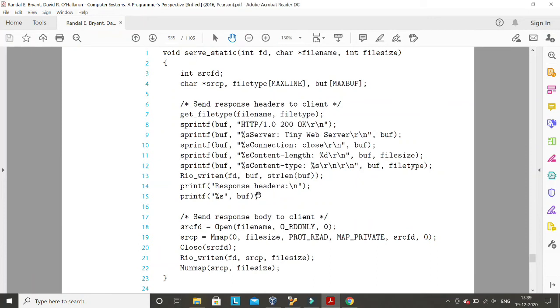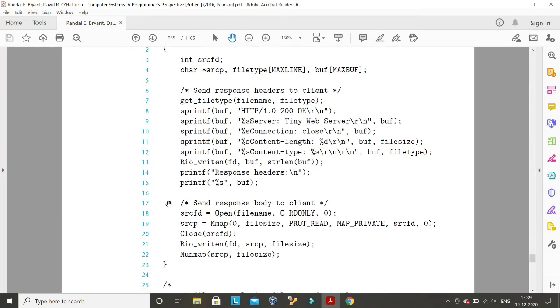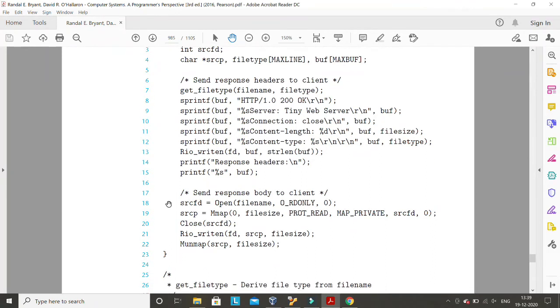After creating the response header, we will go to the file, open the file name, read the content of the file, and append it to this buffer. They are doing it here in their own style. I'll not explain it here, because you can also read the file line by line and append it here. But what they did is use the mmap function. This is also easy. You can read about this function, mmap, and how they are doing it.